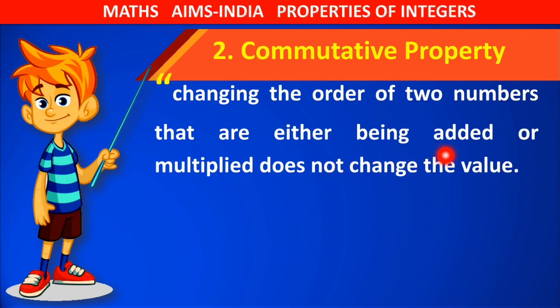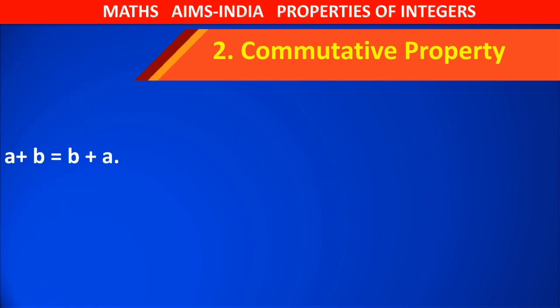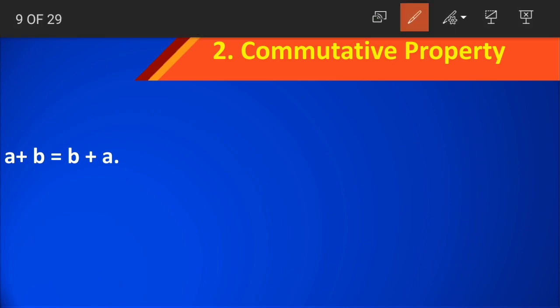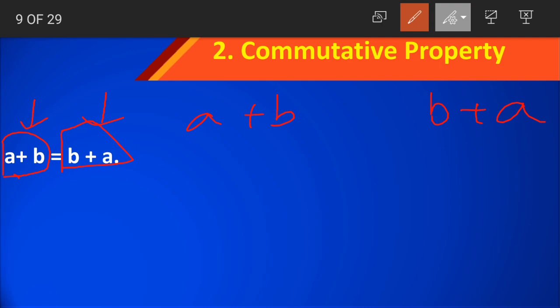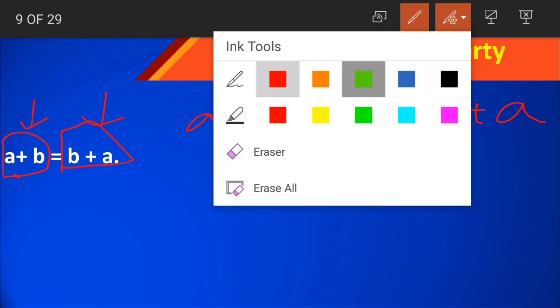What did they say? They said that changing the order of the numbers should not change the result. Let us take addition. What should the equation be? The equation should be like a plus b is equal to b plus a. Are you observing here? The order of integers is changed. First we wrote a plus b, and in the second equation on the right hand side we have b plus a. The answers of both a plus b and b plus a should be equal. Is it clear, class? Let us take an example and see whether it is correct or not.